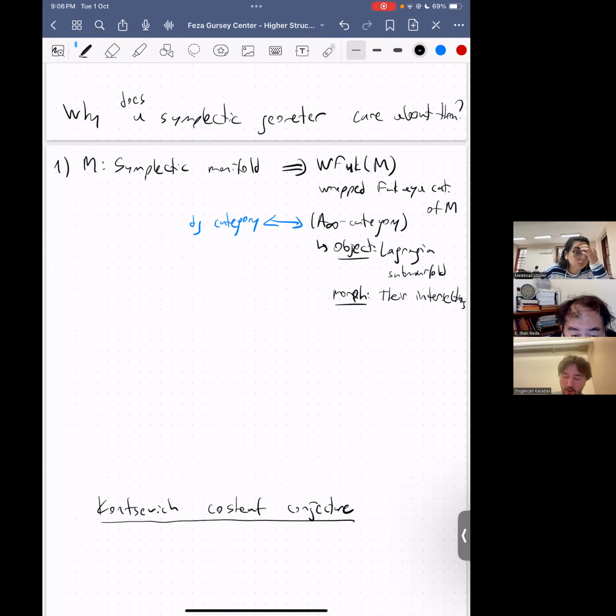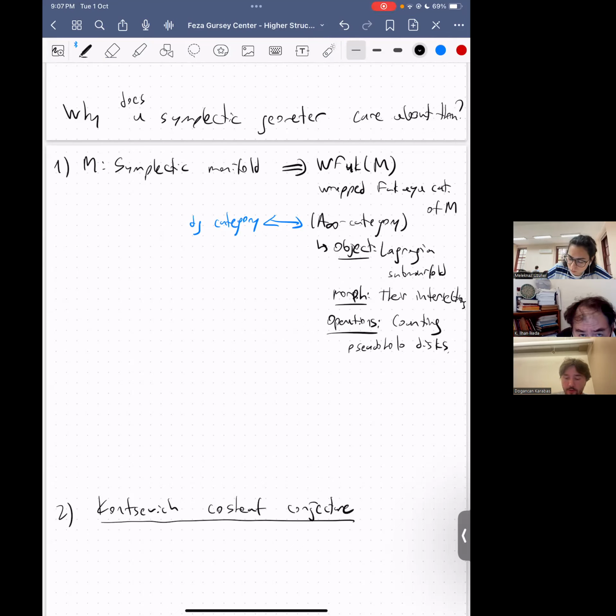And the operations come from counting pseudo-holomorphic disks. I mean, no need to go into details, but it's a very complicated invariant. And it knows a lot about symplectic manifolds. And first, we are interested in this invariant because it tells a lot